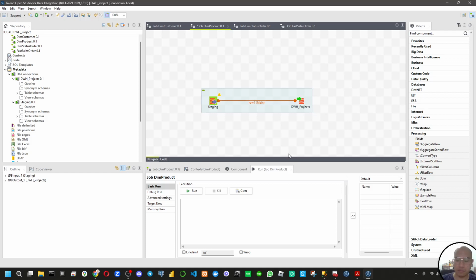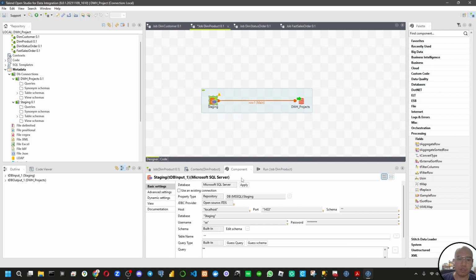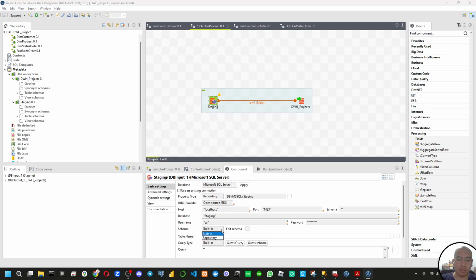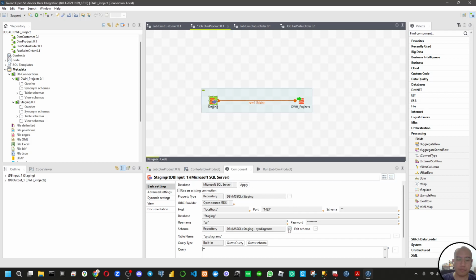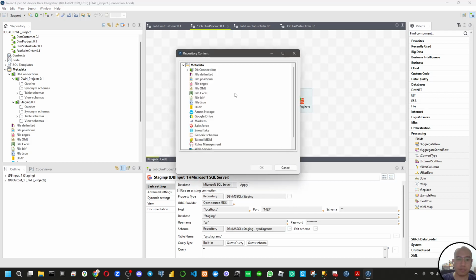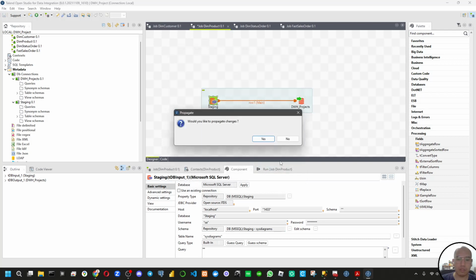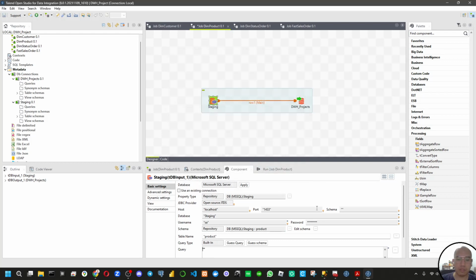Okay, click on the input under the component tab. Okay, the schema is repository. Pick this one, and we choose the right table. For the input will be the product.